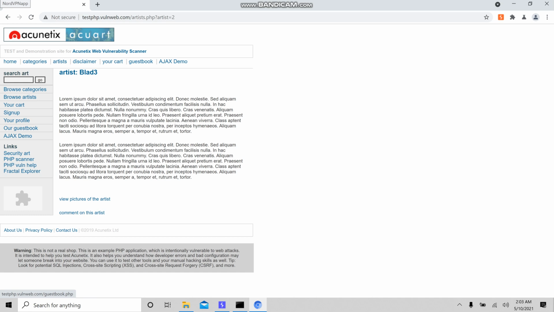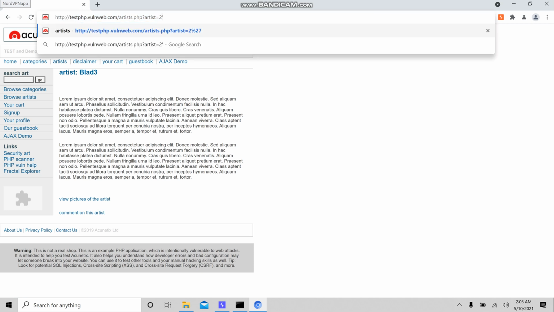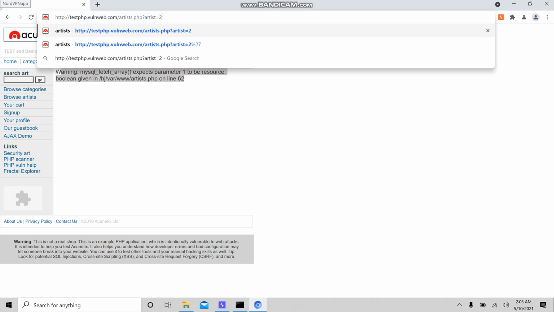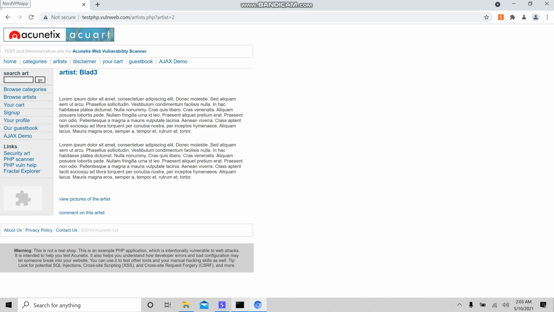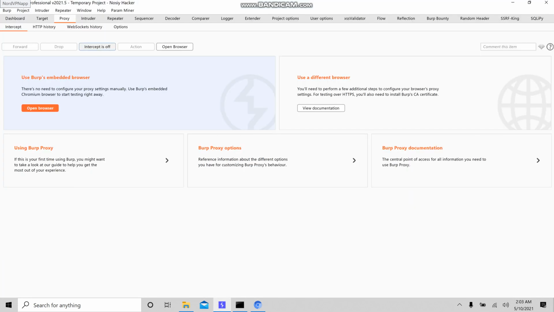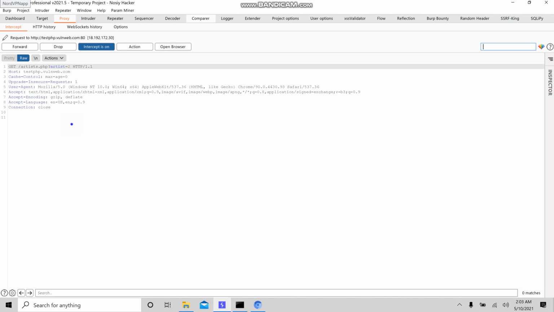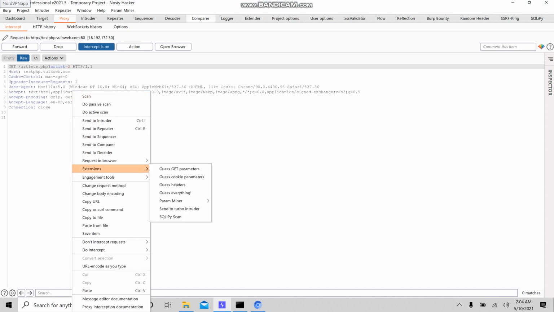So the first one is the GET request. Let's check manually whether it is vulnerable to SQL injection or not, and yes, it is vulnerable to error-based SQL injection. So now let's see whether Sqlmap is going to detect it or not. First let's capture the request in the BurpSuite. Let me turn intercept on, and let me reload the page. I have captured the GET request, and go to the extensions and send it to the SQL